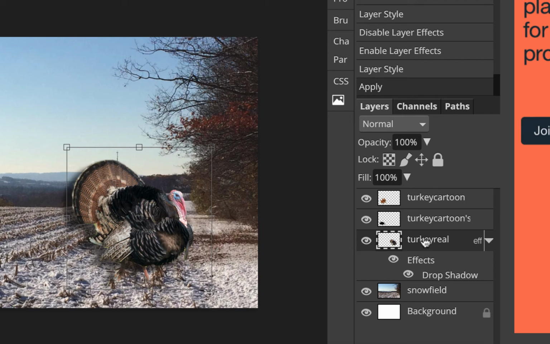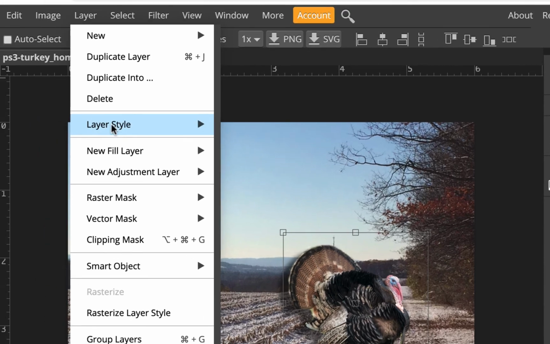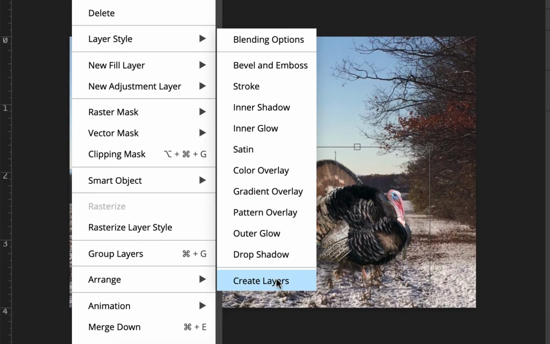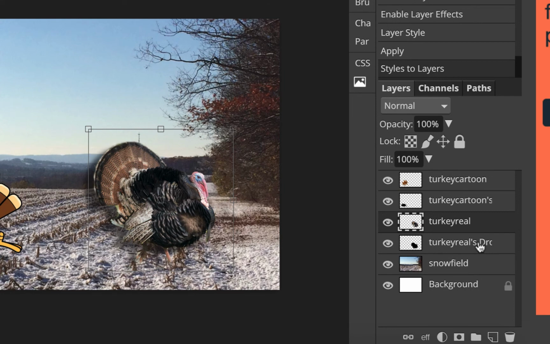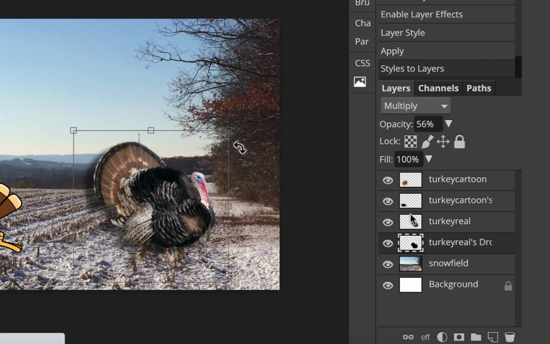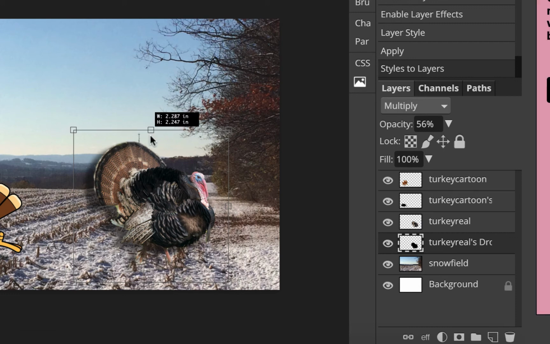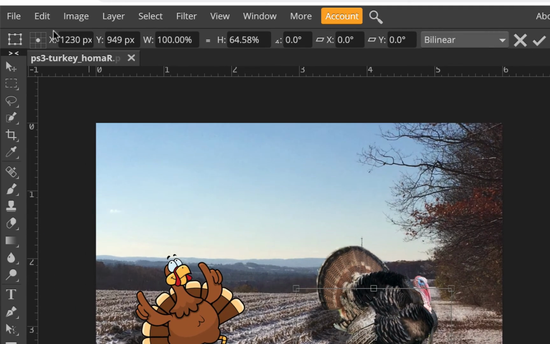Now what you can do is, because we have this drop shadow, it'll be a regular drop shadow. Now you could go to Layer, Layer Style. You could go to Create Layers and you could do that. There's his turkey drop shadow, the real turkey drop shadow. Make sure you select it and target it. And then I'll do the same thing I did with the other one. I'll squash it a little, squash it down so it looks like the other one, and then I'll do the Edit,